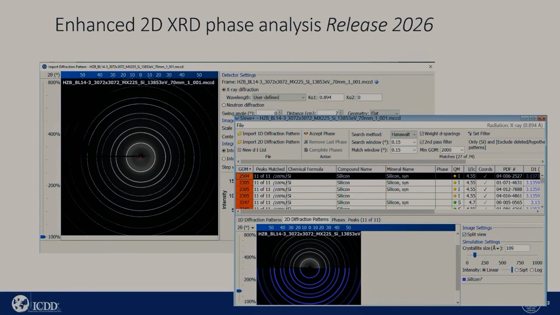You have the ability to do enhanced 2D XRD analysis. We can look at the 2D detector spectra, and as mentioned earlier, you can also look at strip detector spectra. You can compare these data to entries in the database. You can integrate the 2D data, and with that, you can do your phase identification. And then with this, you can overlay any of the PDF entries and confirm phase identification of single-phase or multi-phase